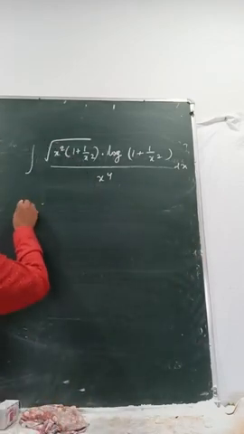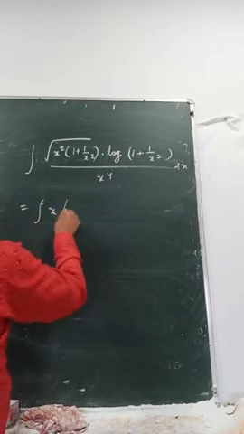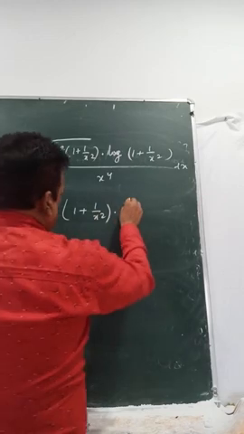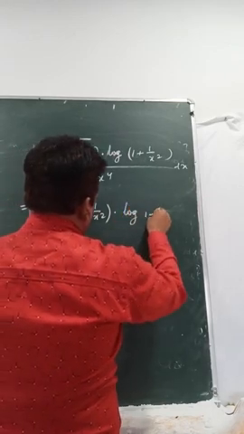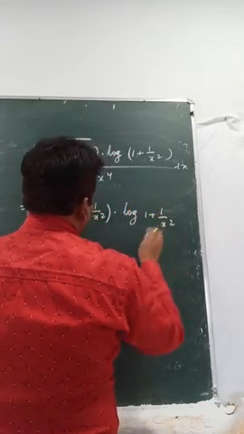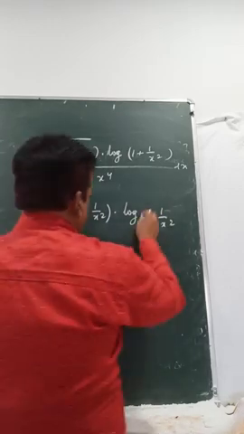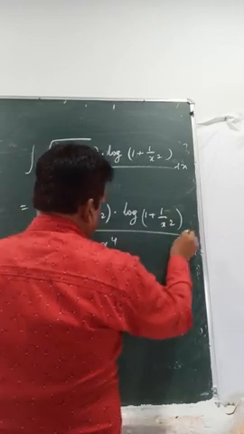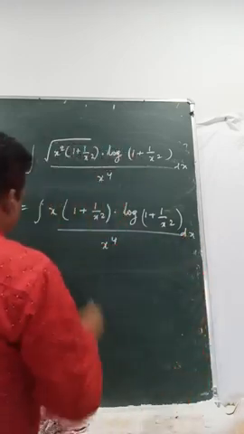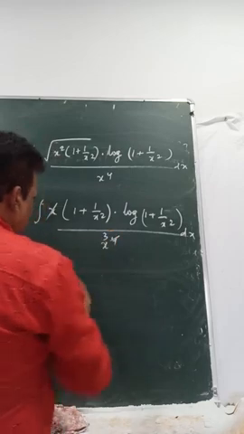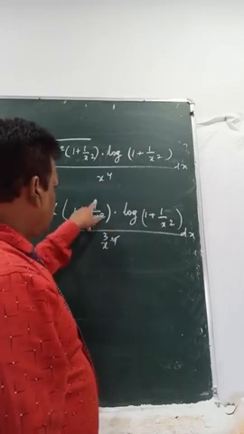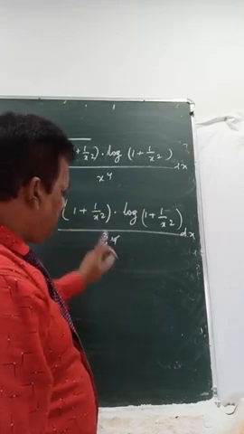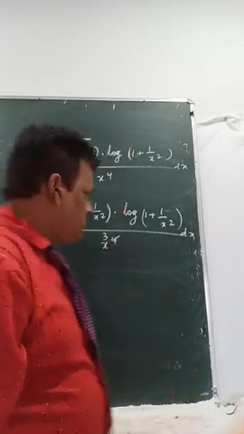It is x (1 + 1/x²) log(1 + 1/x²), divided by x³. So one x is cancelled. Now take 1 + 1/x² as t, because the derivative of 1/x² will come out in the form of x³. So we can take